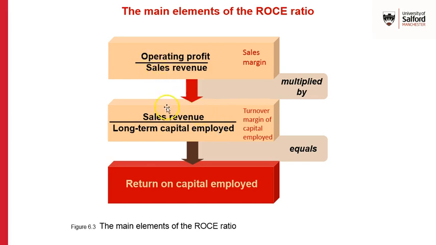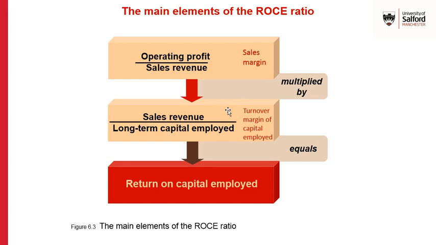And it's common to put sales revenue as an intervening variable, so operating profit divided by sales revenue and then sales revenue divided by capital employed. So that links up our sales margin with our return on capital employed, and also something that we would call turnover of our capital employed, which is not a very informative figure, I don't think, but